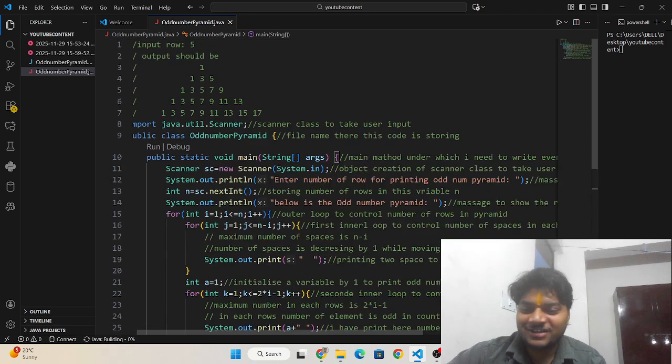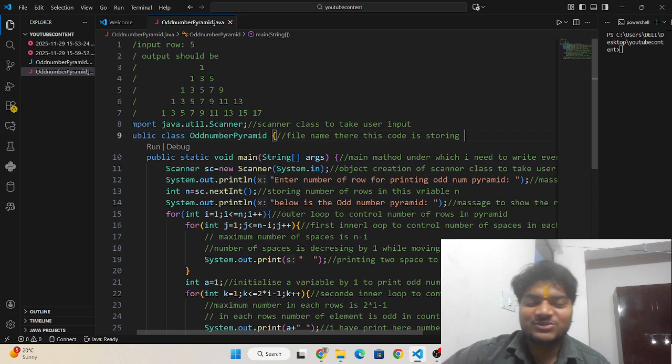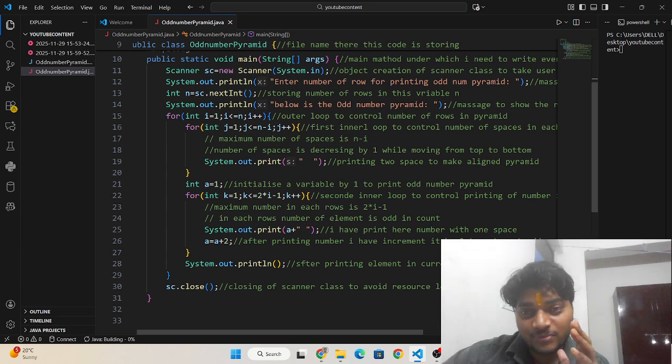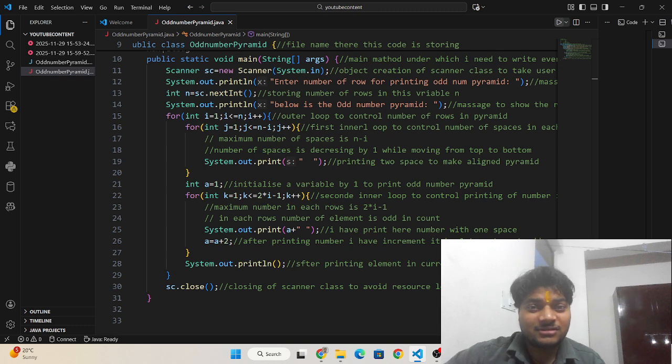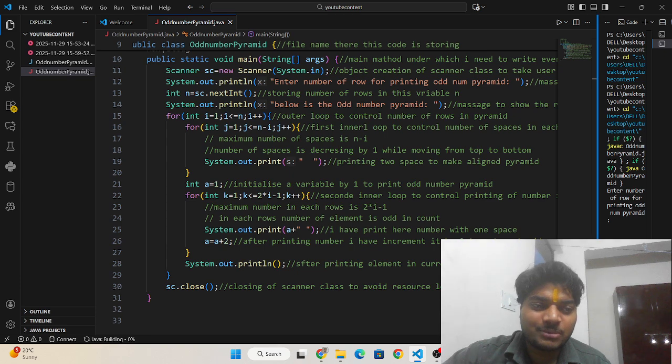Now I have completed all these things: explaining the problem statement, writing the code, executing the code, and writing comments for each line, each logic, so that your concept and doubts will be cleared. You will get the logic to solve this problem in one go only. And you have to do a dry run to build the logic yourself for problems related to these things.